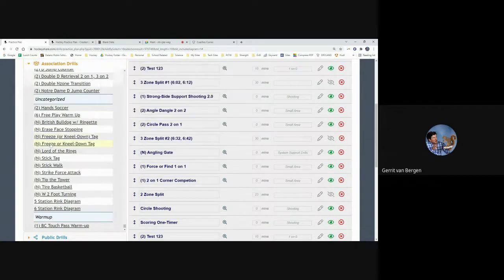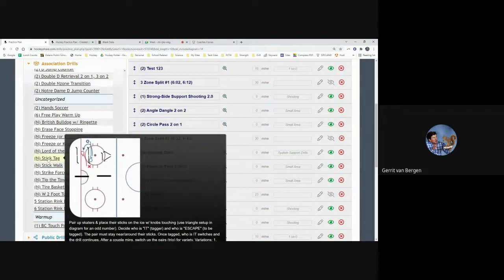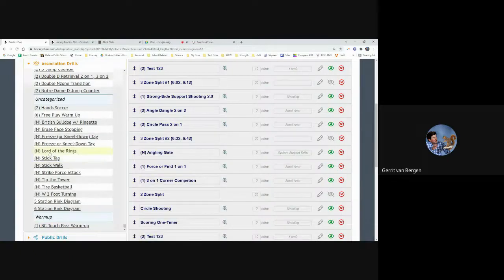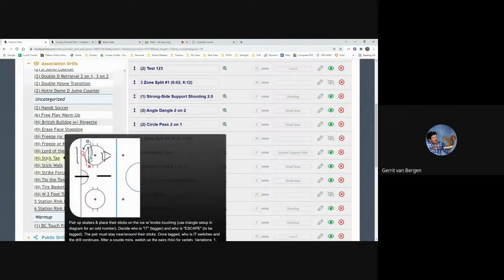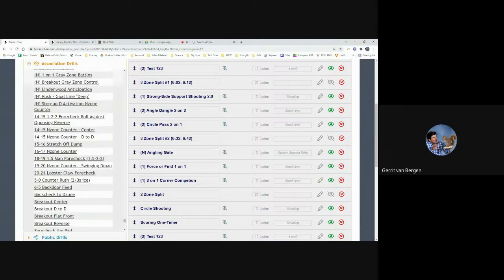So you can see just a number of screenshots that I'm pulling, instead of redrawing them, or like in this case I did, this is a classic one, lay down the sticks and they have to play tag outside the sticks and change direction for those younger ages. That's there. One other thing too, Mike, that you could look at is